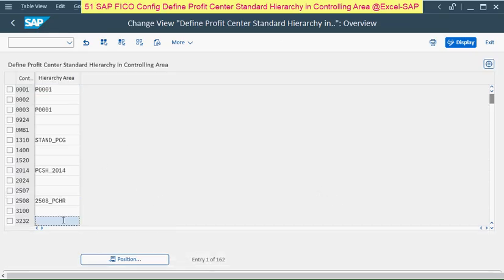search for your company code, mine is here 7075, enter hierarchy area here, then click on save,